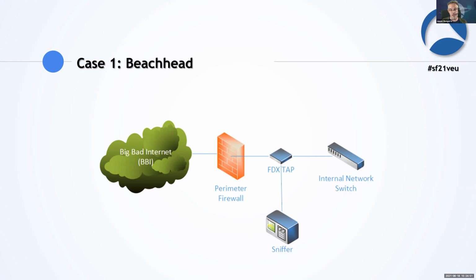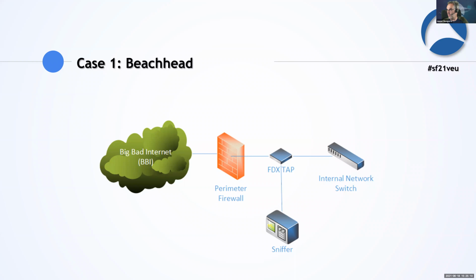The only drawback here is you need to be sure that this is the only internet connection that the company has. If they have more than one, sometimes in different branches or something like this, and they're all interconnected, then you need to think about where to put what. But in this case, they had only one, and I put the tap in there.